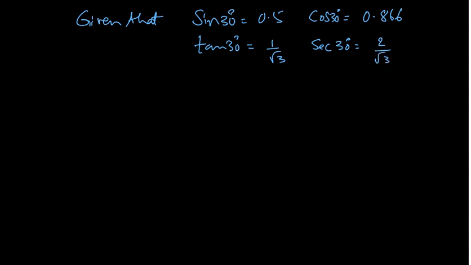Okay, so cot 30 is root 3 and cosecant 30 is 2. Okay, these are given, and now the question is